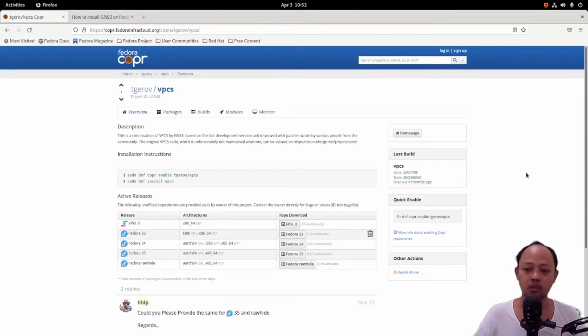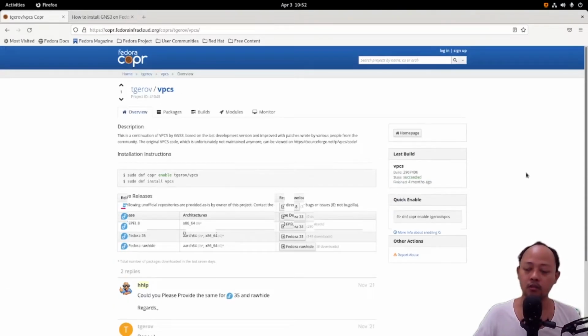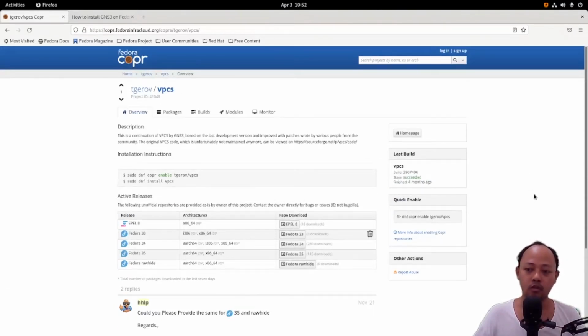Maybe you can tell me if you have another opinion. And thank you for this COPR repo, the Grove VPCS, because I can install VPCS easier.